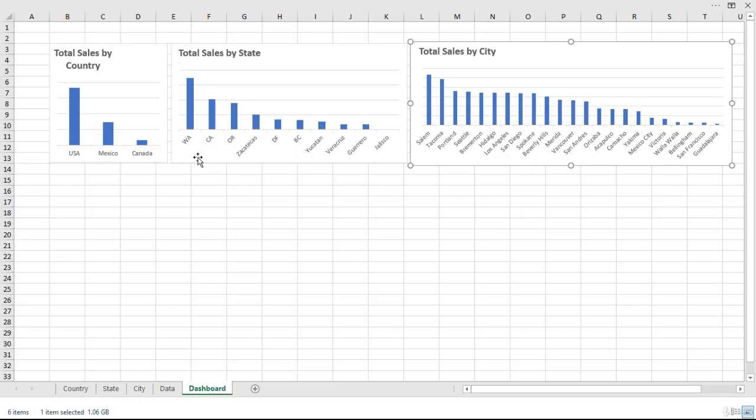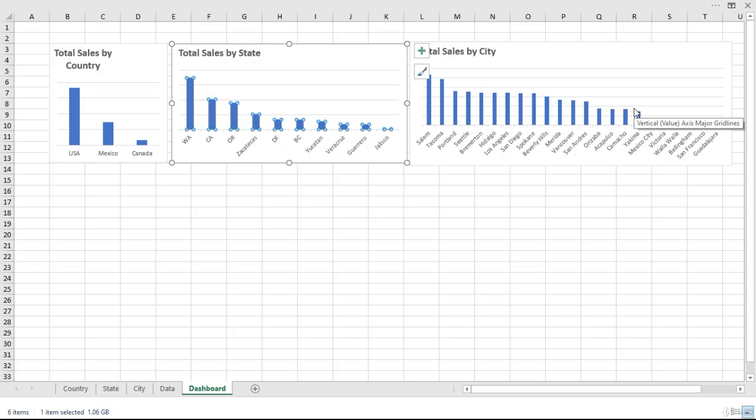And then what we need to do is that I should be able to click on USA, and then this data of states and cities should be filtered accordingly just to represent USA. And similarly, if I click on Mexico here, the data on states and cities should be filtered. This should work downward as well as upward. By upward, I mean that if I click here on California, the chart here for the country and the chart here for the city should also be updated just to represent the country and cities of California. Well,